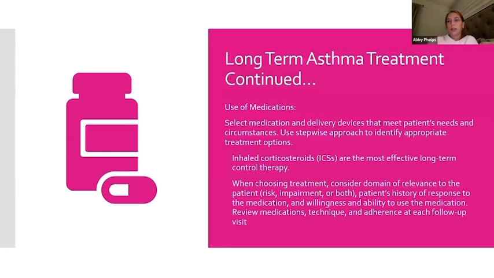So long-term asthma treatment continued. So use of medications: select medication and delivery devices that meet patients' needs and circumstances. Use stepwise approach to identify appropriate treatment options. So inhaled corticosteroids, also known as ICSs, are the most effective long-term control therapy. When choosing treatment, consider domain of relevance to the patient, so risk, impairment, or both, patient's history of response to the medication and willingness and ability to use the medication,